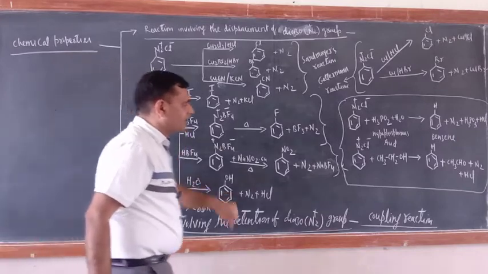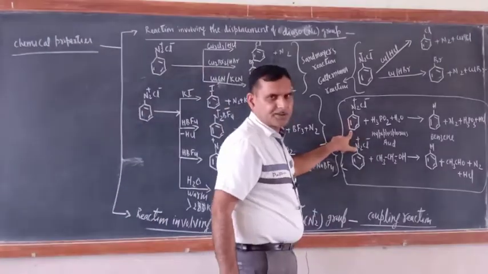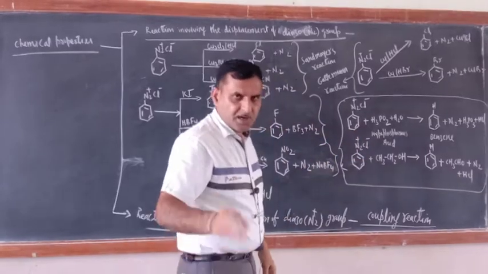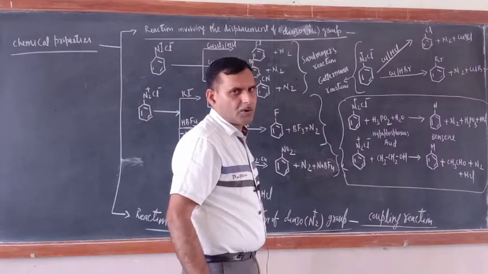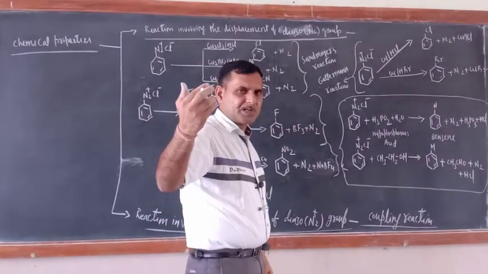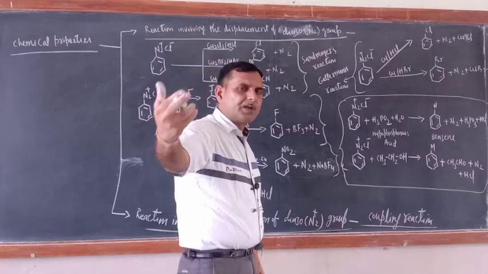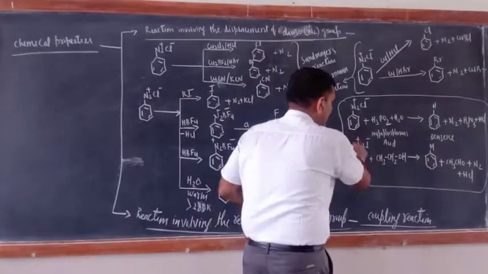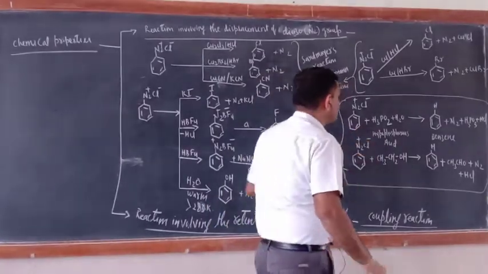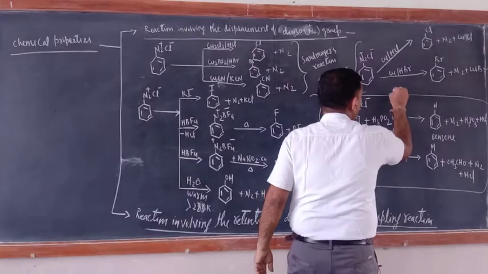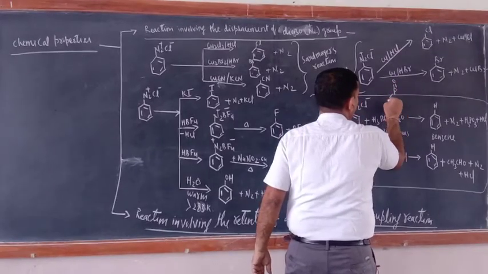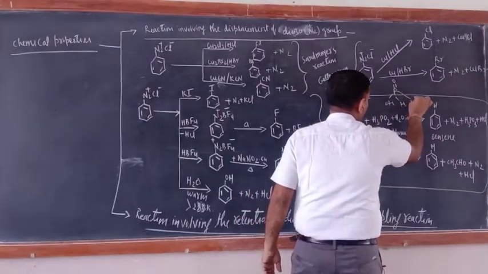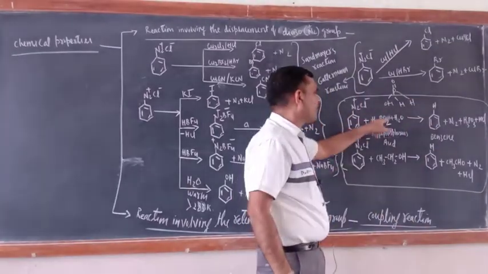Now the most important reactions are these two reactions. I have not taught them in unit number one because that was not a chapter dealing with benzene diazonium chloride. That was the method of preparation. We dealt with that during the teaching of methods of preparation of chlorobenzene. Just see here. This is benzene diazonium chloride. This is hypophosphorus acid: P double bond O, OH, H, and one more H. That is the structure of hypophosphorus acid.